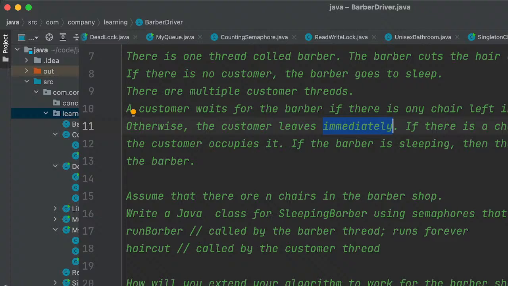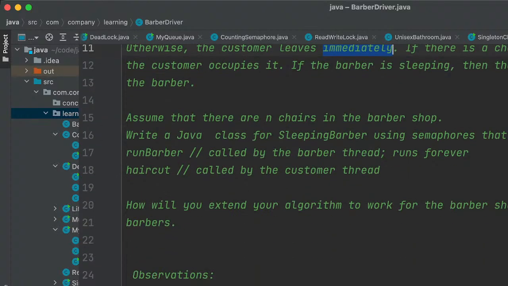Okay, so what are the synchronization primitives that we have? Let me think about it. Two minutes. Semaphore.